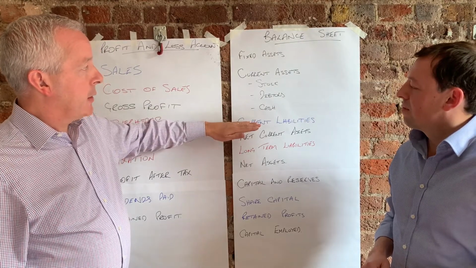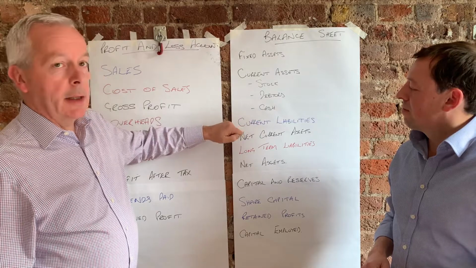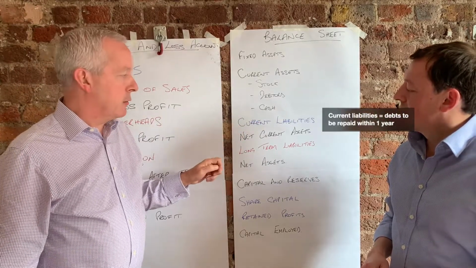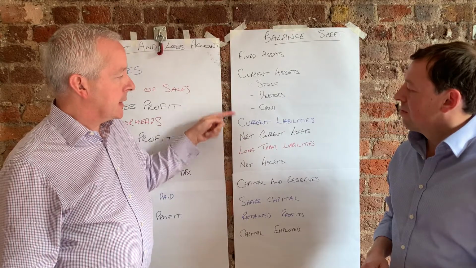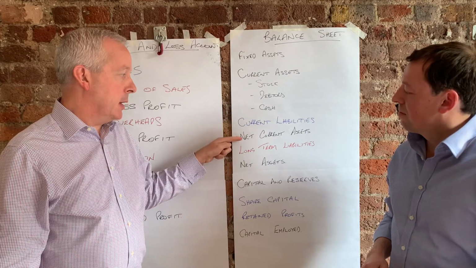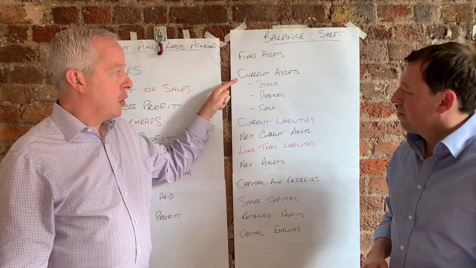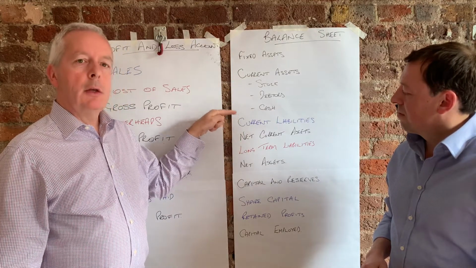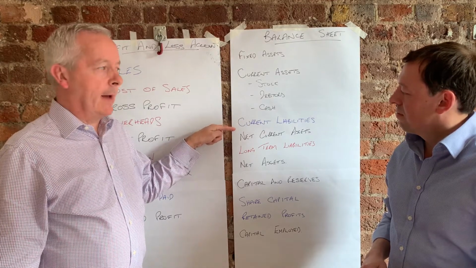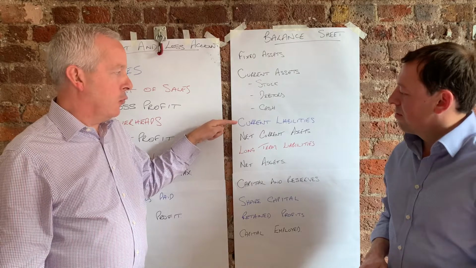You then take away the current liabilities, which will be the people you owe money to, might be an overdraft, might be some lease agreements, that sort of thing. And the current assets less the current liabilities gives you a net current asset position. If that's positive, it means that you've got short-term assets that will cover your short-term liabilities. If it's negative, it could mean you're going to have cash flow pressure if all the people you owe money